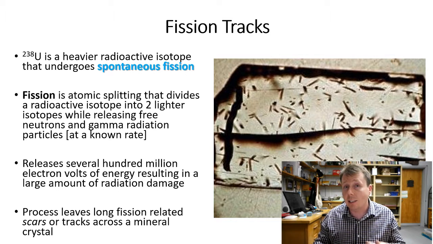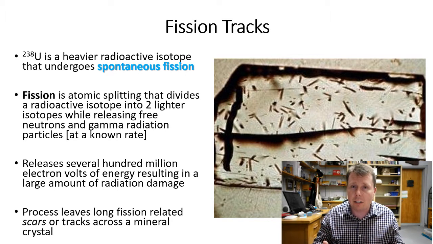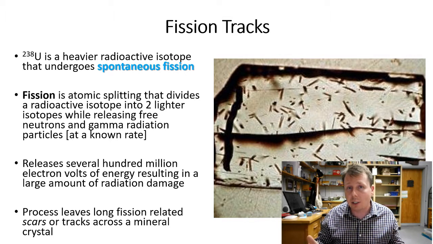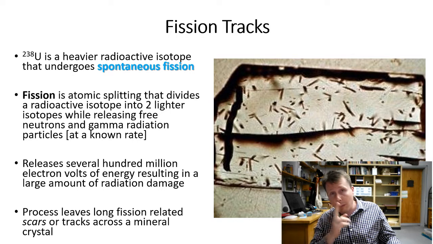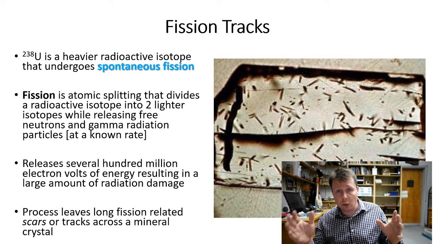Now, fission doesn't just happen in uranium. It can happen in other types of isotopes as well. It's usually, and I don't know if this is fully accurate, but from what I've heard, more rare than the other types of decay, alpha, beta, gamma, that we've been talking about. But when fission does occur, it splits it into two relatively same size lighter isotopes. In the case of uranium-238, it splits into an isotope whose number I can't remember, but barium and krypton. So it splits into two isotopes of those two elements.